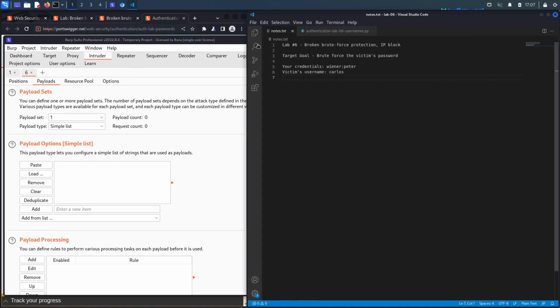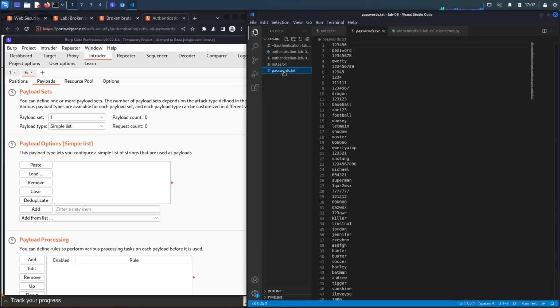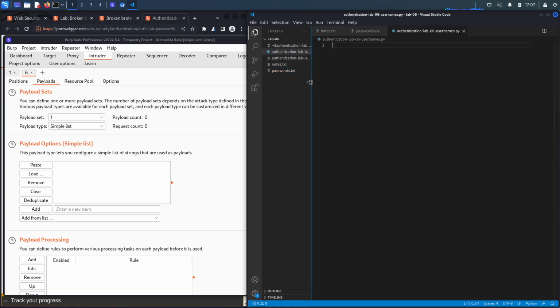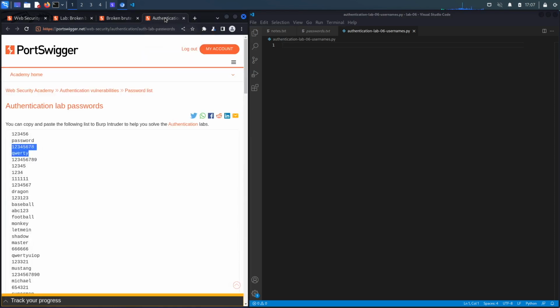The first thing I've got over here is the passwords.txt list. I've also got a Python script that I'm going to write that will add the credentials of our regular user after each 2 passwords. So we'll add a credential right over here, and here, and here, and so on. So let's do that. The first thing I'm going to do is print